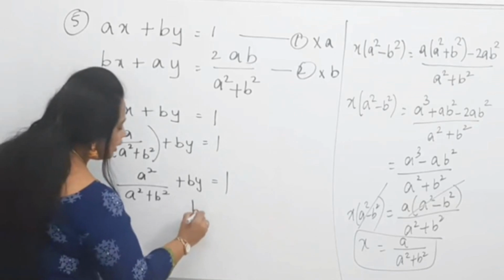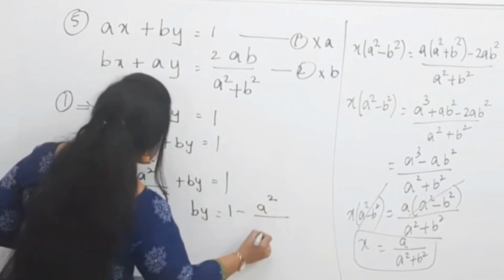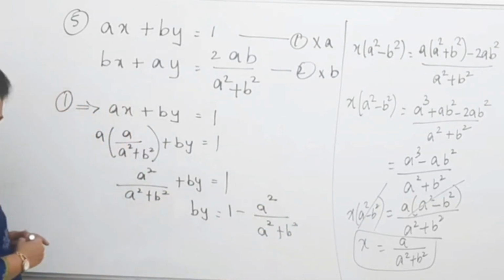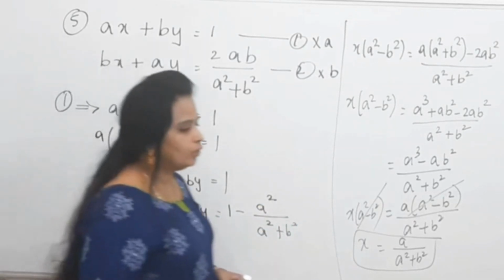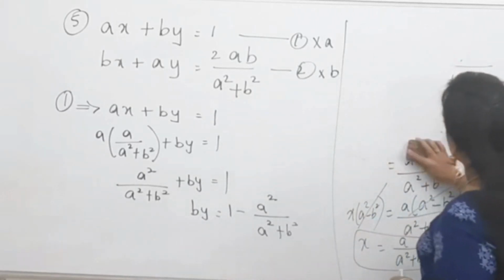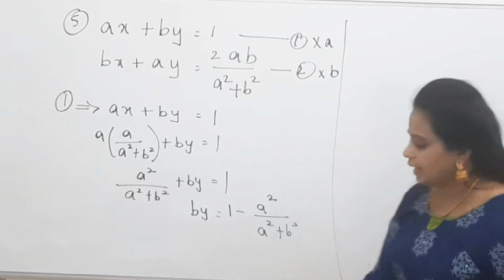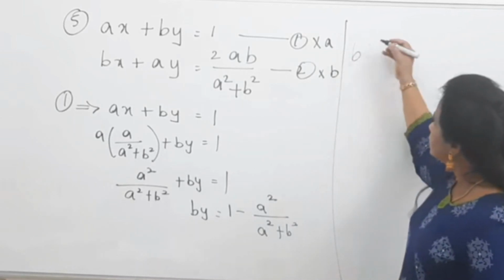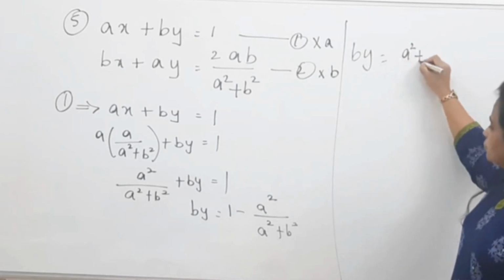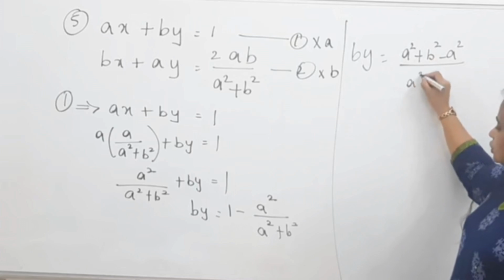Now I want my y, so by is equal to 1 minus a square by a square plus b square. Now I have to get my LCM. So I would take the LCM. LCM again, it becomes a square plus b square. So take the LCM. By is equal to a square plus b square minus a square divided by a square